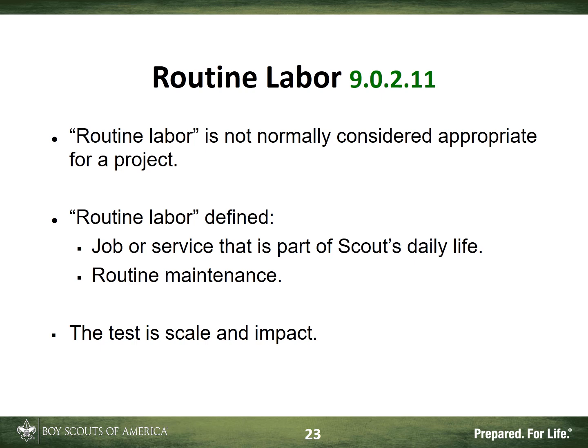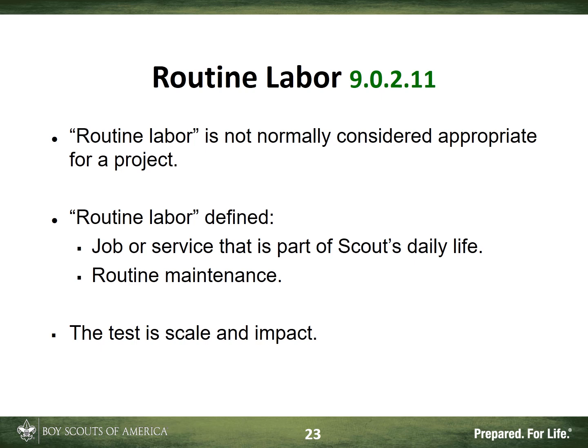Now, how do you tell if something's routine labor or not? Well, if it's in a gray area, then ask the question of the beneficiary, is this something you have scheduled on your calendar to do on a regular basis? It could be once a quarter, it could be once a year, it could be once every 5 years. And you have money in your budget to get this done. If they say, well,